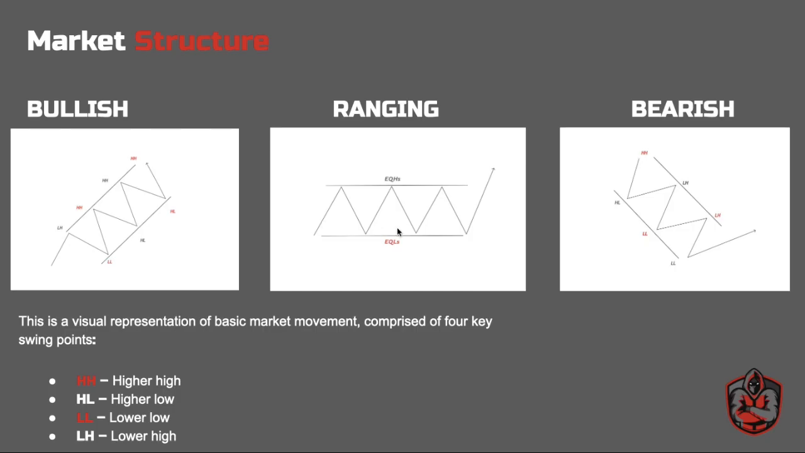And then we have a ranging market. Is when price is printing equal highs, equal lows. Essentially, you can call it support and resistance levels. Is when price just doesn't really have a direction, it's just moving sideways. A bearish sentiment, referred to as a downtrend, is when price is printing a series of lower highs and lower lows. So like I said, these basic market movements are comprised of 4 key swing points: higher highs, higher lows,